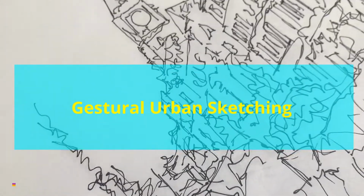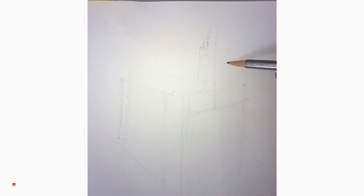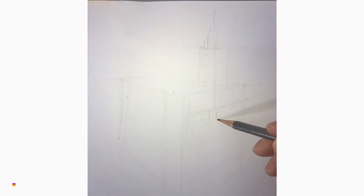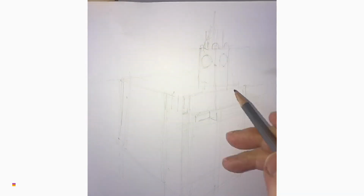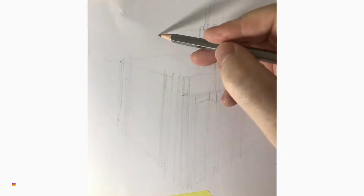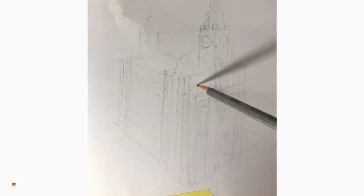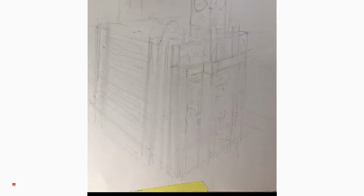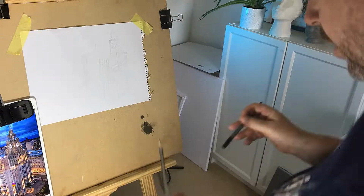Okay, now in this video I want to focus on gestural sketches and with a real focus on sketching buildings. Now, at this stage of a drawing, I want to focus mainly on the basic outline shapes and the proportions of the image and the building that I wish to draw. And you'll notice in these quick sketches here, I've focused with a very faint line to basically focus on those